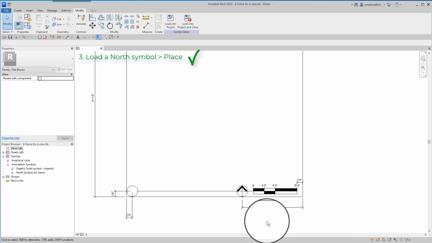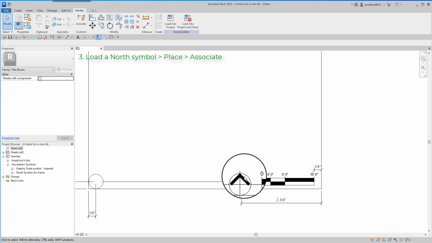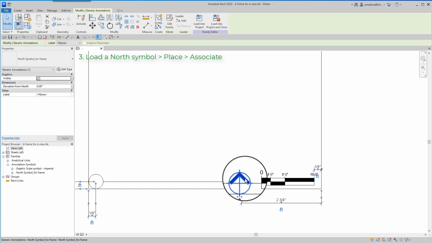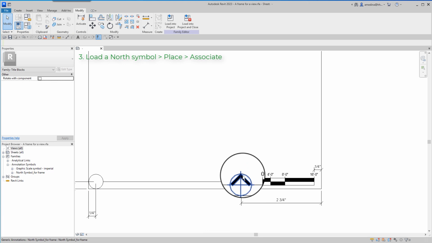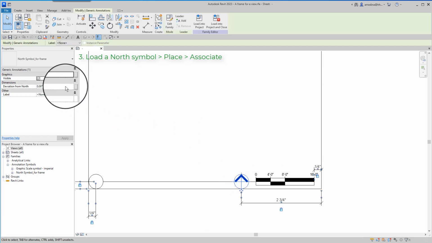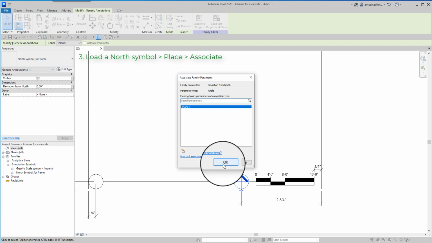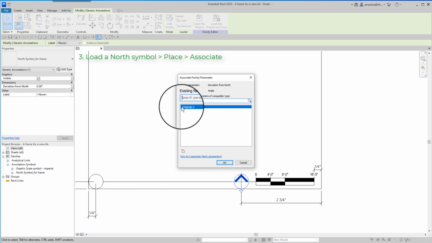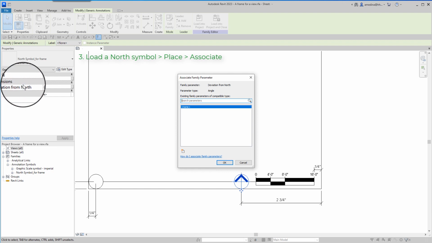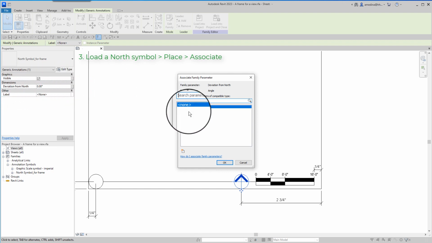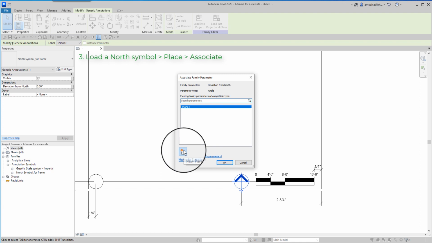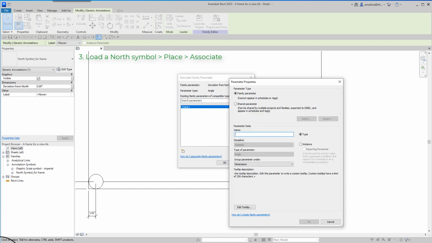Now let's create an association between the rotation parameter in the north symbol with an equivalent parameter in the frame family. Then I select the north symbol family, go to this button to create an association between deviation from north, which is an angle parameter, and I create a new parameter with the same name, deviation from north.